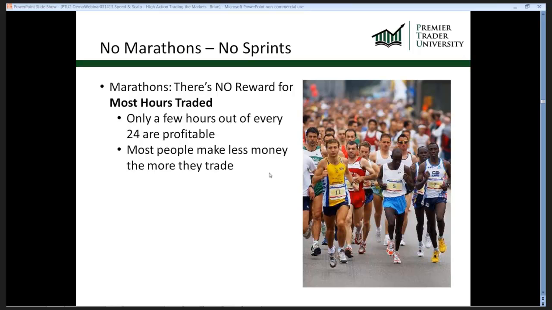It's more about how little time you can trade. That's the approach we like to take. We use what we call the power of quitting. And I know that sounds negative, but actually we look for opportunities where we can get in and get out and get done, get our winner, and move on.